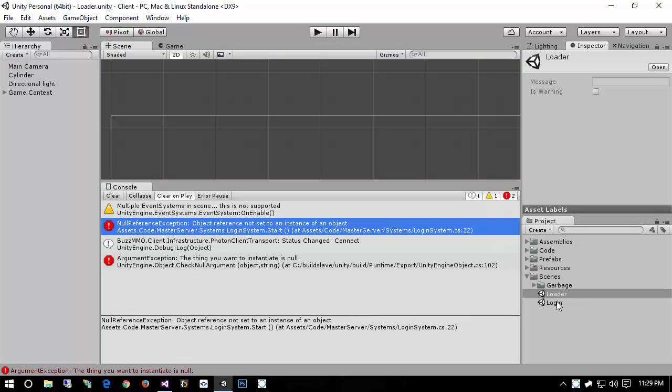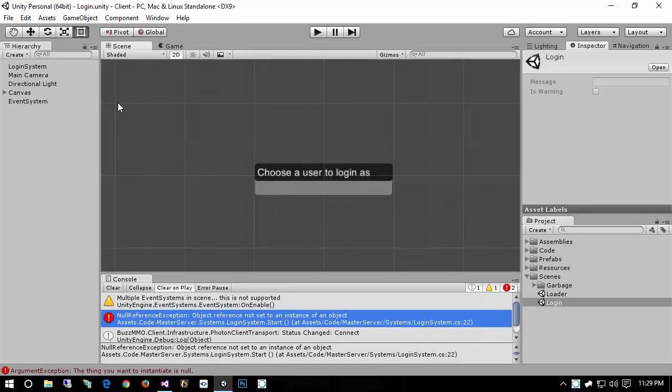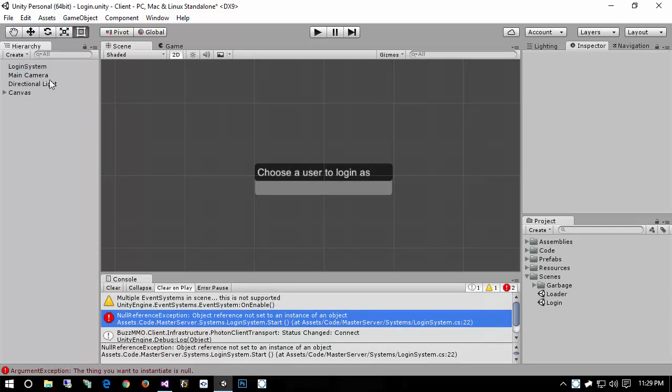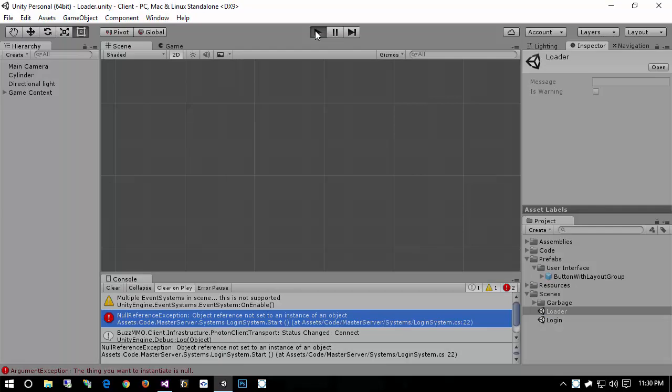Oh, yeah. I totally forgot to set the properties of the login system to point to this thing. That's my bad. First of all, I will go ahead and delete this event system entirely. And then for our login system, I'm going to drag over our button panel into our debug login button panel. And I'll drag in the top level panel into our debug login panel. And then for our user button prefab, I'm going to do prefabs user button with layout group. Now if I hop back over into loader, hit play,